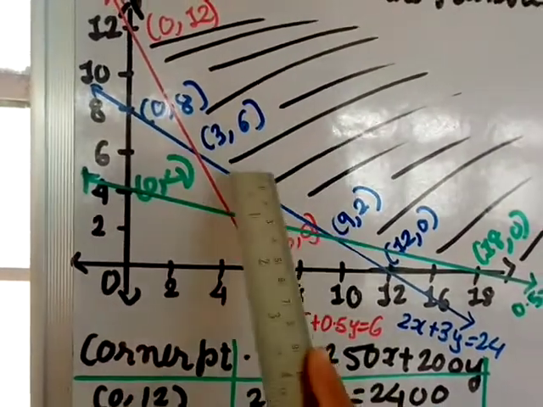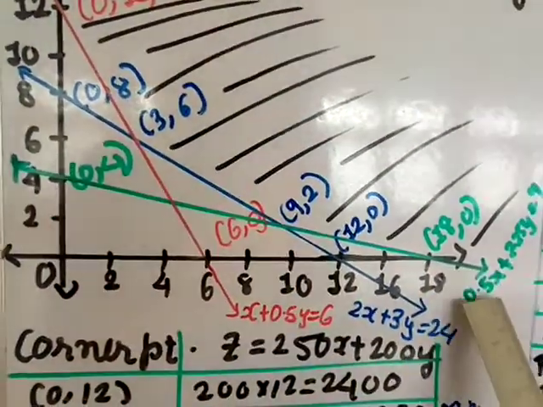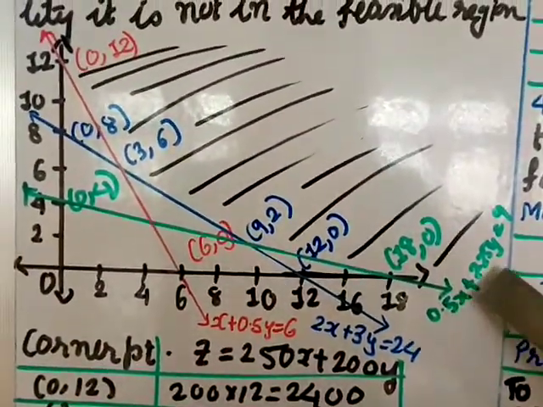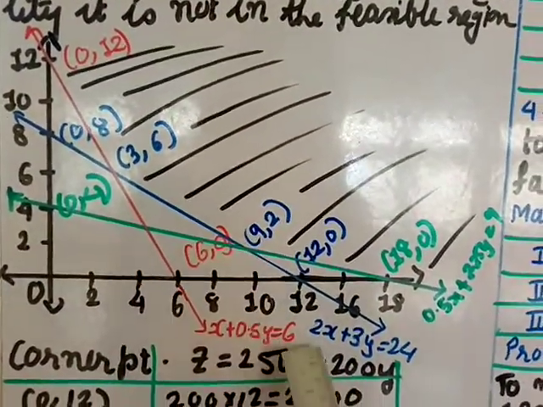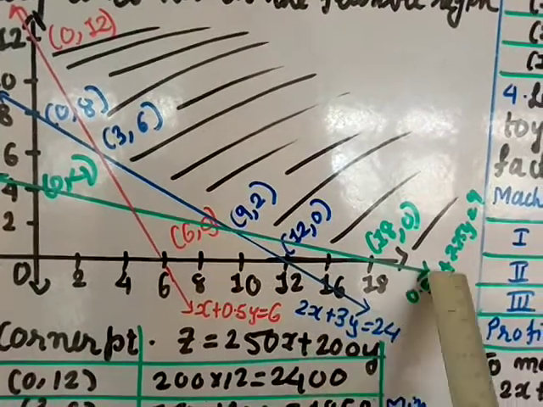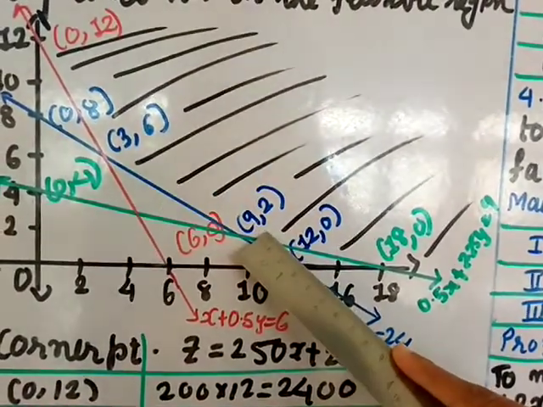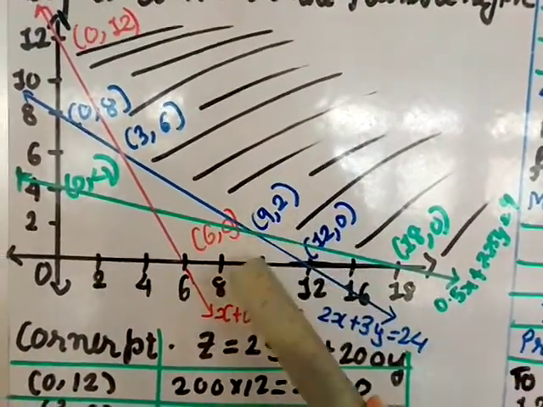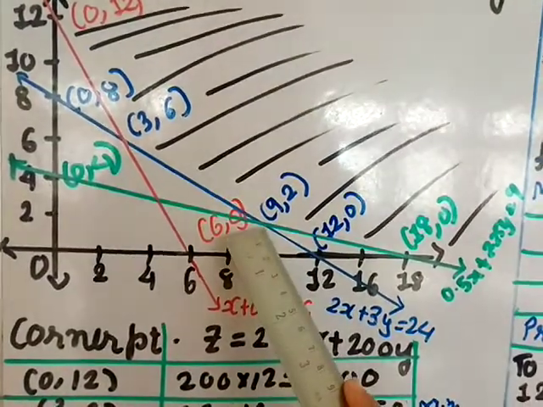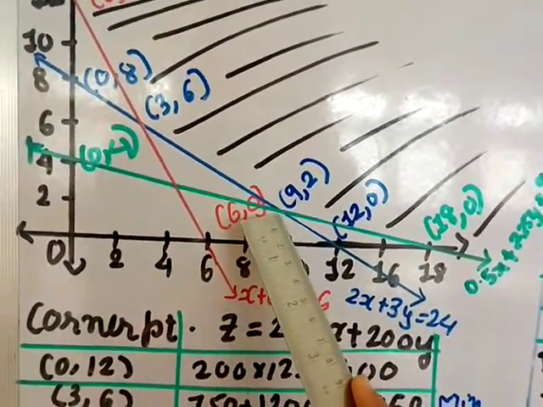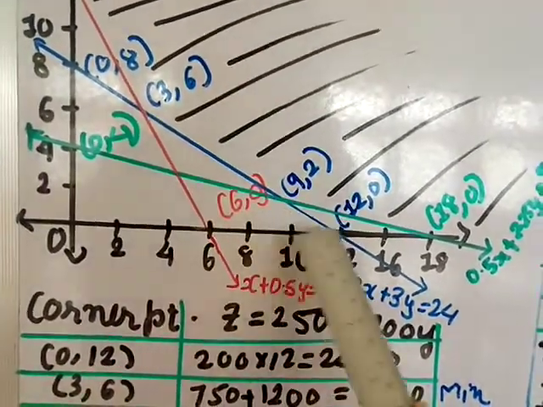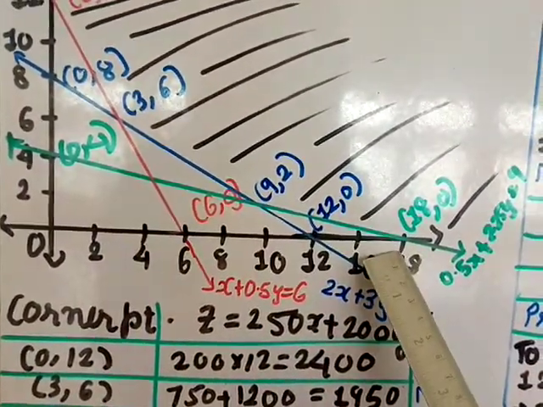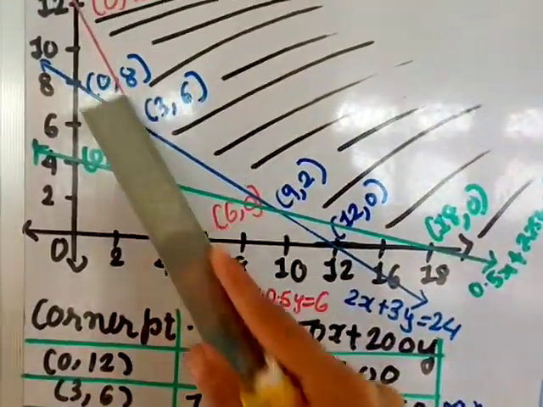Okay, and this equation here, this line 0.5x plus 2.25y equal to 9, is intersecting this line 2x plus 3y equal to 24 at this point. I solve these two lines, then I get the value of x as 9, y as 2. Otherwise you can look from the graph. If it is perfectly drawn, then you will get the right number, that is called by inspection. So this is 9 and this is 2. Okay, and the other corner point is this 18 and 0, the outer line. Okay, so this is the one.